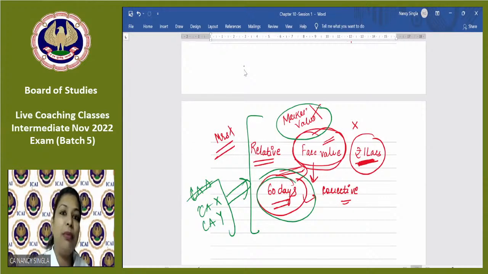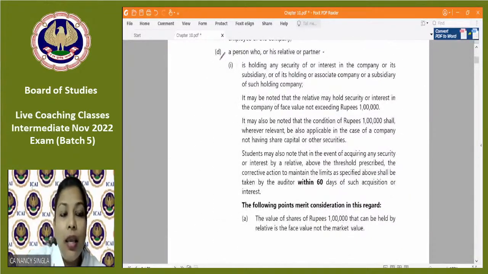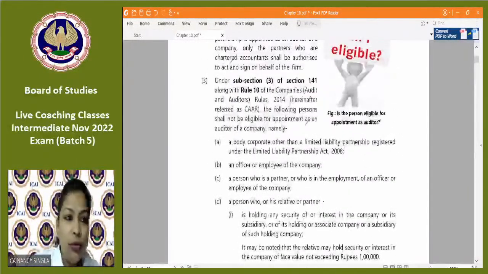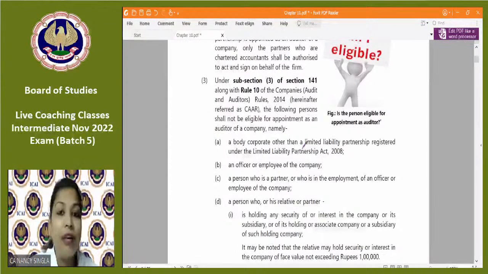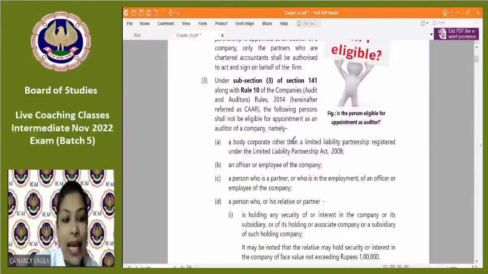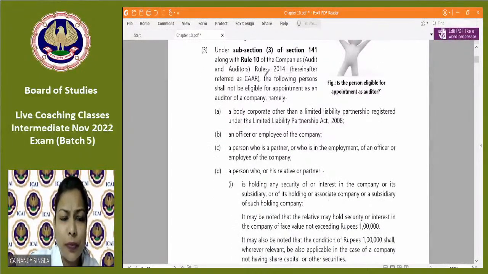See, 60 days time period has been given now. So Hiral, it will be more clear when we go through these provisions. So let me just take you through this point. Hiral, your doubt will be cleared. Just a minute. See, Siddharth, the CA himself has to look into all these things, because there are various penal provisions under the CA Act also, under the Companies Act also. So the CA himself sees all these provisions. And Hiral, with respect to your query, see, students, let us just read this clause again.